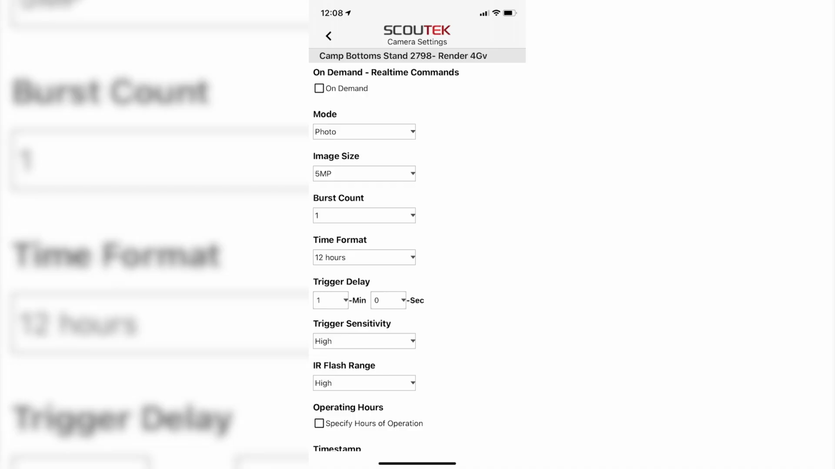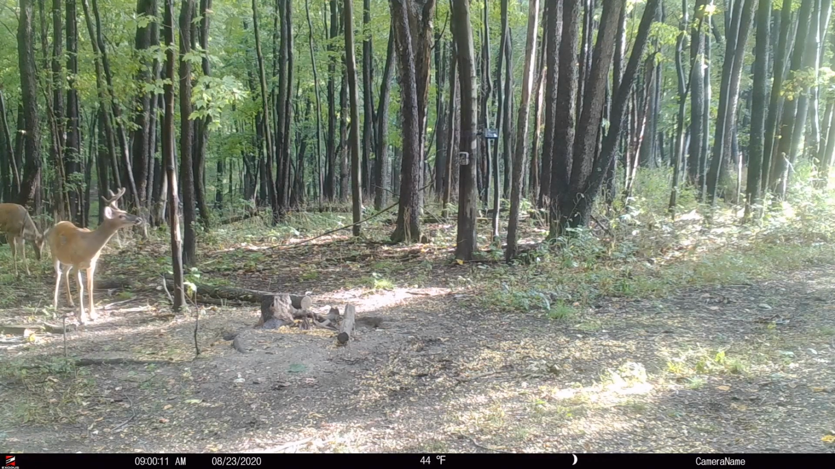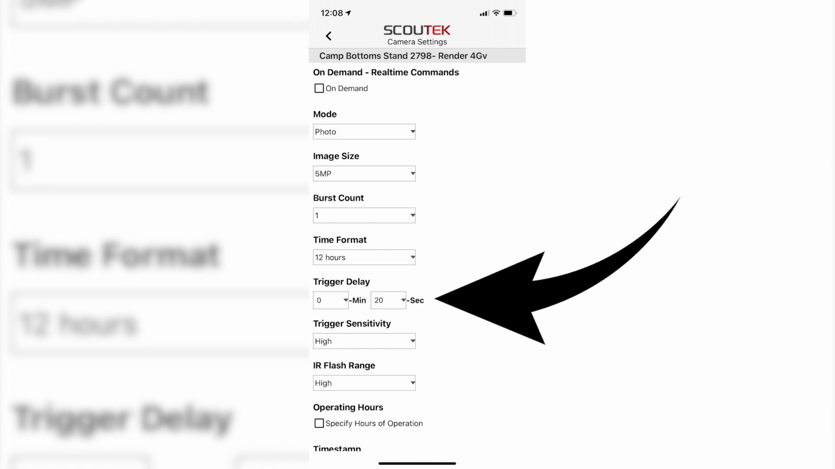Also, in the real-time upload interval, commands that are given to the camera will happen the next time the camera is triggered. So say you want to change your settings. You have your trigger delay set to a minute, and you have some deer coming in, and you want more frequent photos. You can change your settings to do maybe a 20-second or 30-second trigger delay. If you do that in real time, the next time that picture is taken, so a minute later, it'll then complete that command